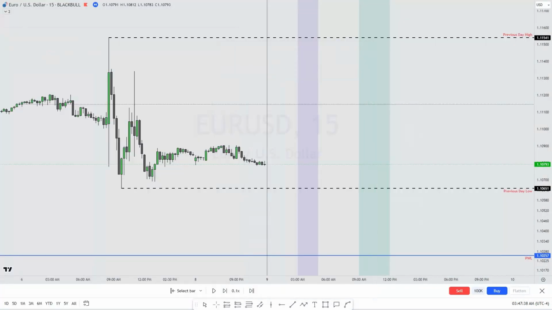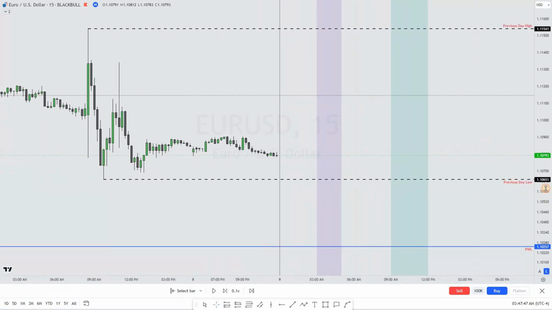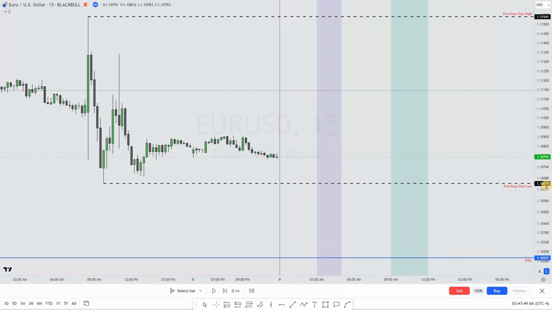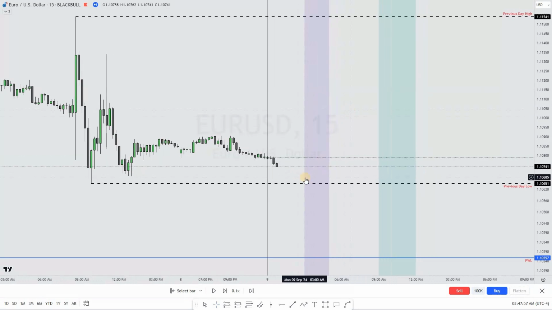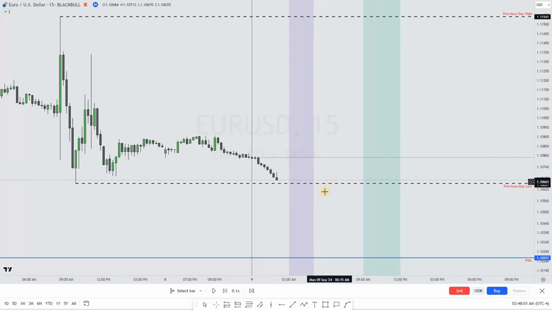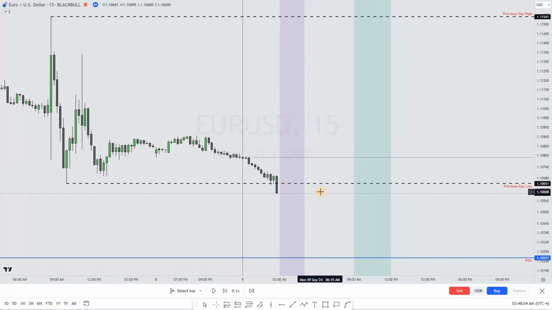So yeah, let's start on Monday. We already know that there's no news here, at least red folder news. So I'm just going to be proceeding with price action. I'm not going to be concerning myself with anything else other than what is happening on the chart. And that's what I did. So as you can see, I'm waiting for 3 a.m. to reach for me to actually check what I'll be deciding on what I'll be doing.